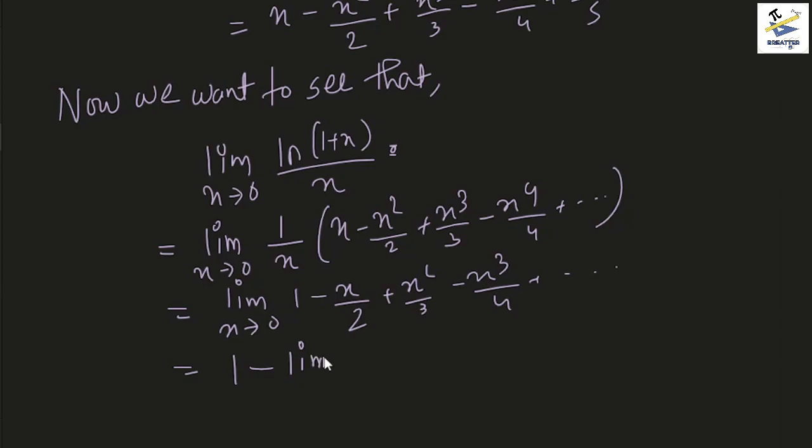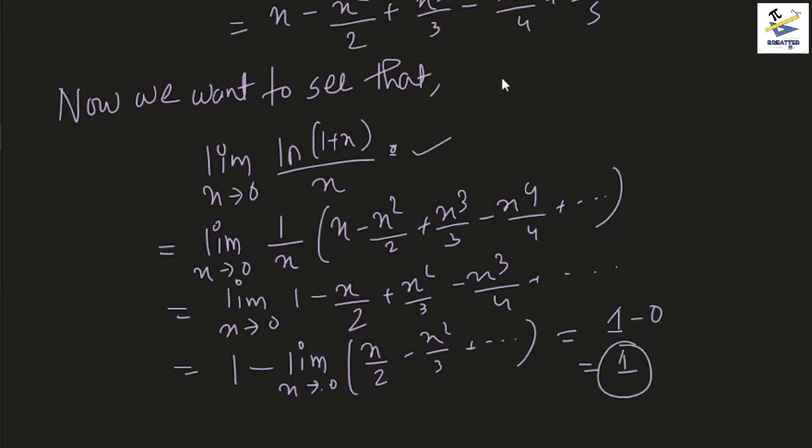1 minus limit x tends to 0 and then x by 2 minus x square by 3, and so on. Okay, but all of these terms will be 0 because when you put in x equals to 0, it doesn't matter how many of them are infinitely many zeros add up to zeros only. So the answer would be just 1 minus 0, which is 1, and thus we have proved our limit,